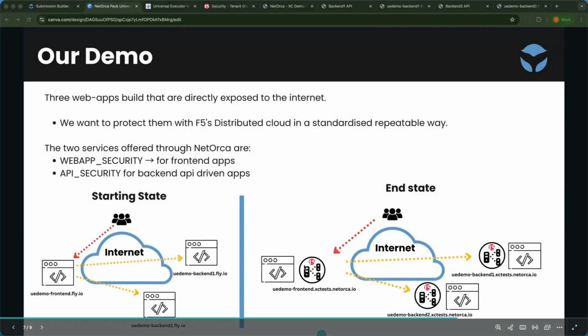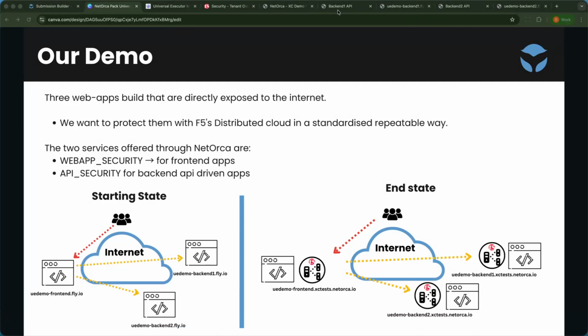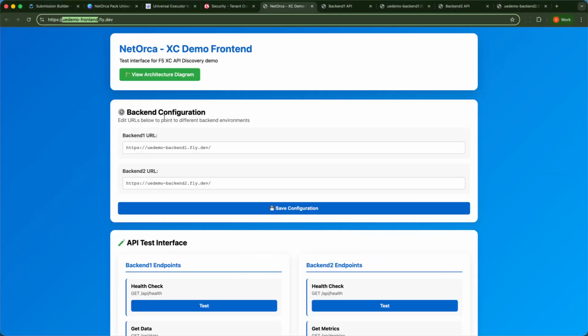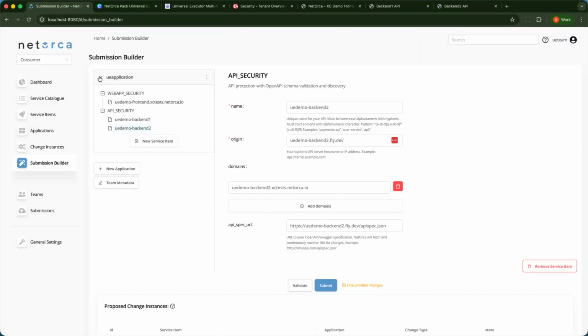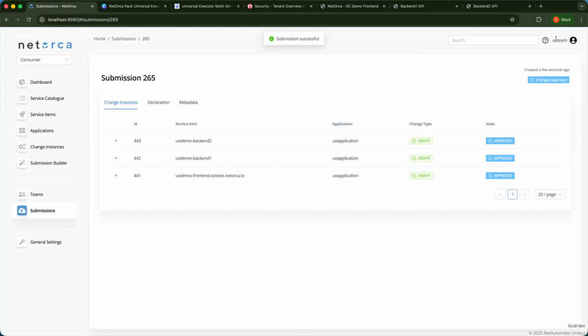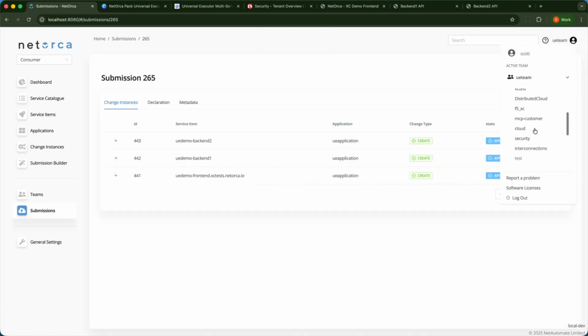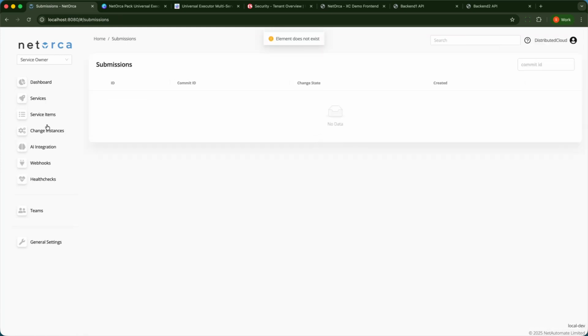So we've got our three backend apps here, and we want to put load balancers in front of them. So the apps do actually exist. Here's the front end, here's a backend API, and here's the second backend API. And we'll go to the NetOrca submission builder, and I've pre-configured the web app security and API security services. So we'll trigger them. We'll move to the distributed cloud team, which is the service owning team, and we'll see